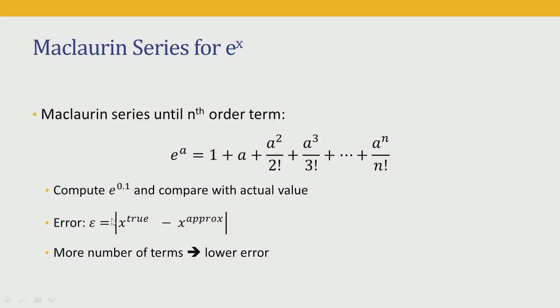The error we will define as the difference between the true value and the approximate value. We do not care whether this difference is positive or negative. The error is therefore just the absolute value of the difference. So, it does not matter whether the approximate value is greater than or lesser than the true value, as long as it is different from the true value, we want to capture how much that difference is, and that is how we define the absolute error epsilon. Okay, and what we will show using MATLAB is that if we introduce more terms in this Maclaurin series, we are going to get lower error. So, let us head on over to MATLAB in order to compute this